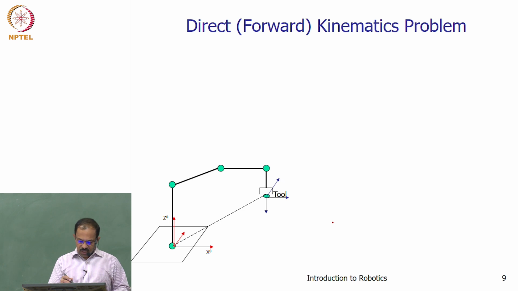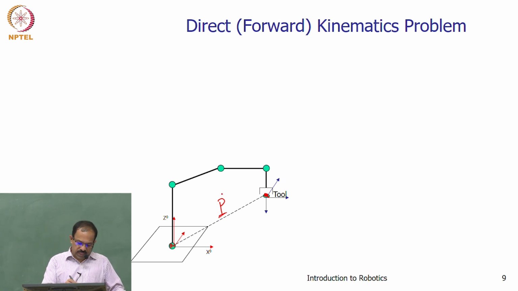As I mentioned, the point of interest is this point, that is the tooltip. We are interested in knowing what is happening to this coordinate frame, because we assume that the coordinate frame attached to the tooltip is this one, and whatever happens to the tooltip, the coordinate frame will be rotating or translating. So we will be able to get this point and the orientation of that particular frame by getting a relationship. We are interested in knowing this vector P, that is how far this tooltip is from the base frame, the position of this